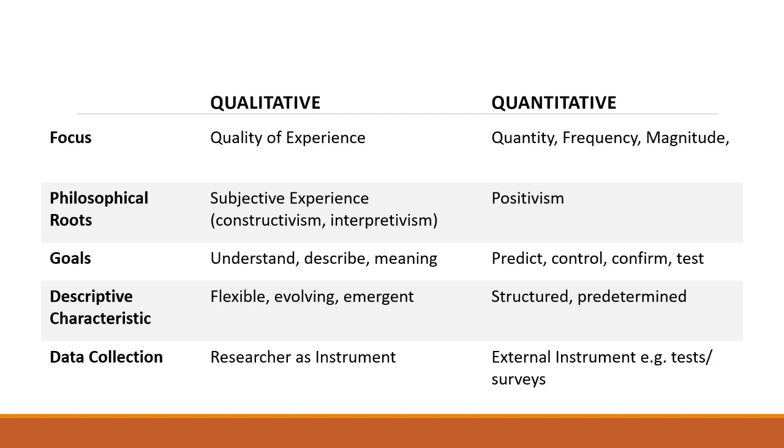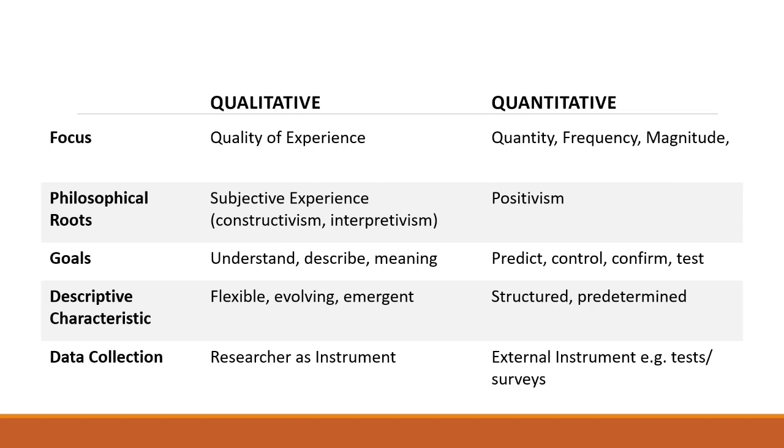All right. And the goal of qualitative is to understand. You want to understand phenomena. You want to describe. You want to find meaning on the challenges that are linked to the particular phenomena. And with quantitative, as I've indicated, you want to predict. And you want to control. So if you're predicting that if nothing is done now, these are the possible consequences that we might be facing going forward, what is it that we can do to make sure that that does not happen? You want to control, you want to confirm something, or you want to test.